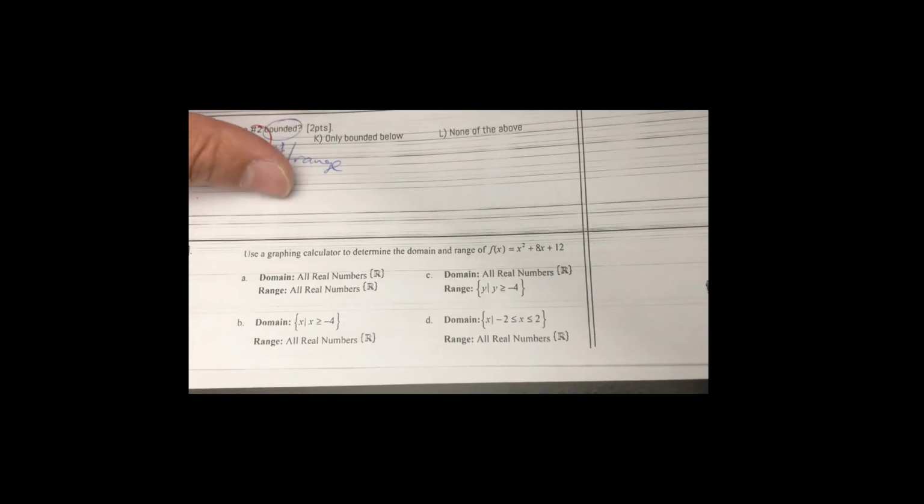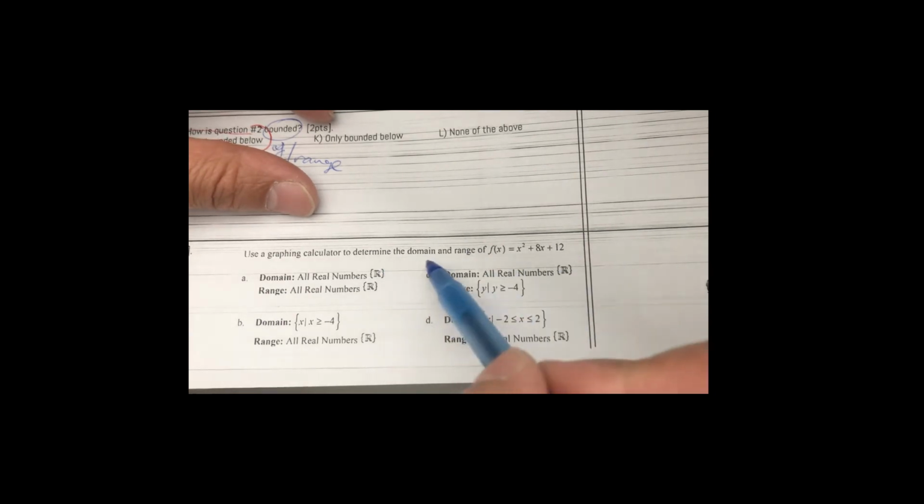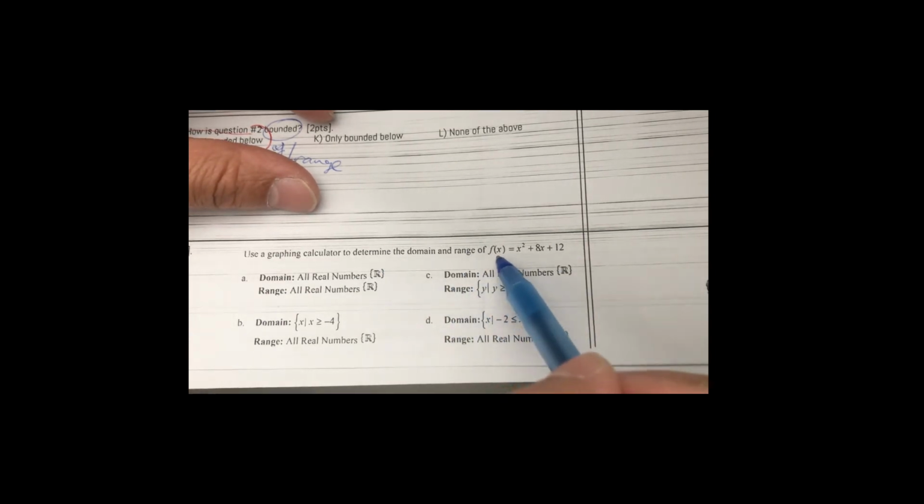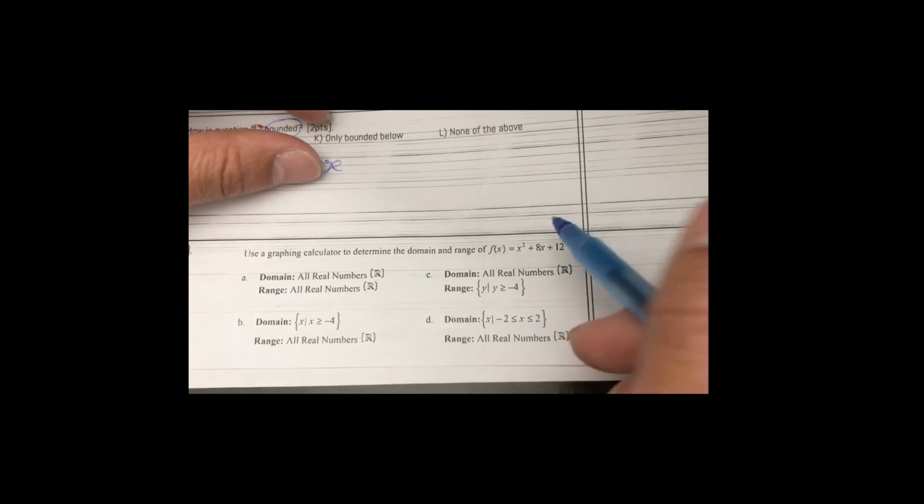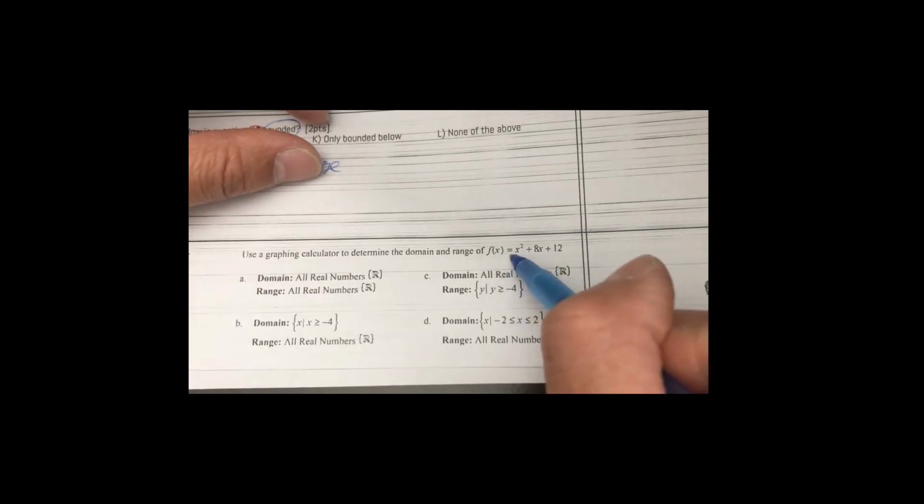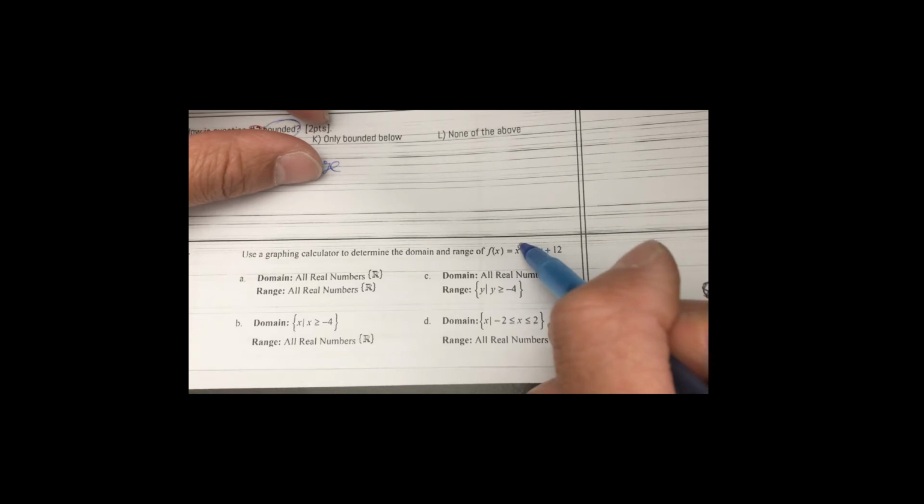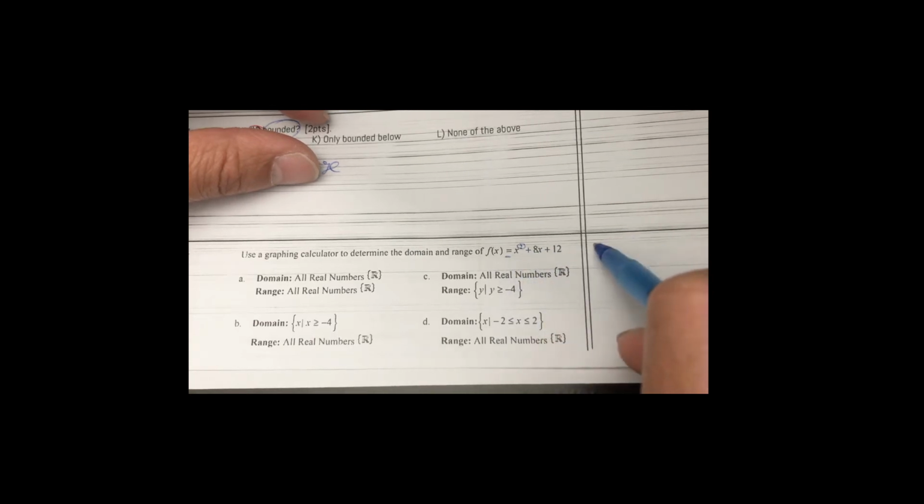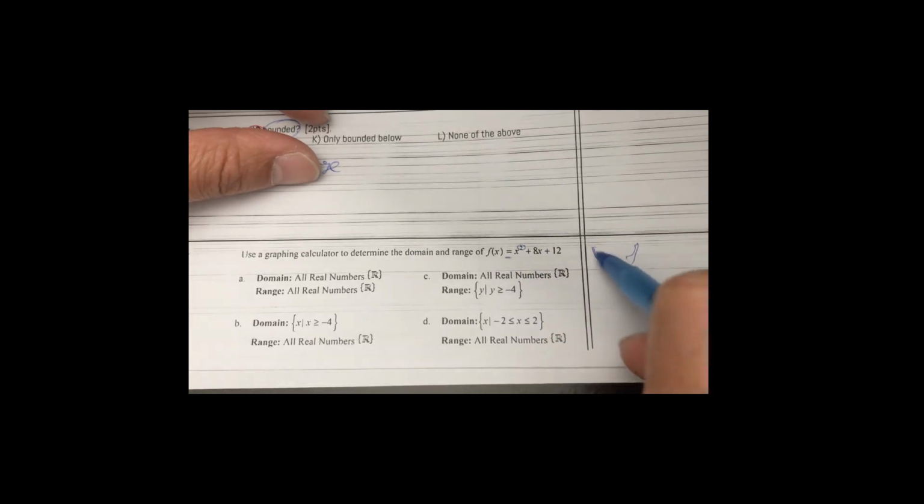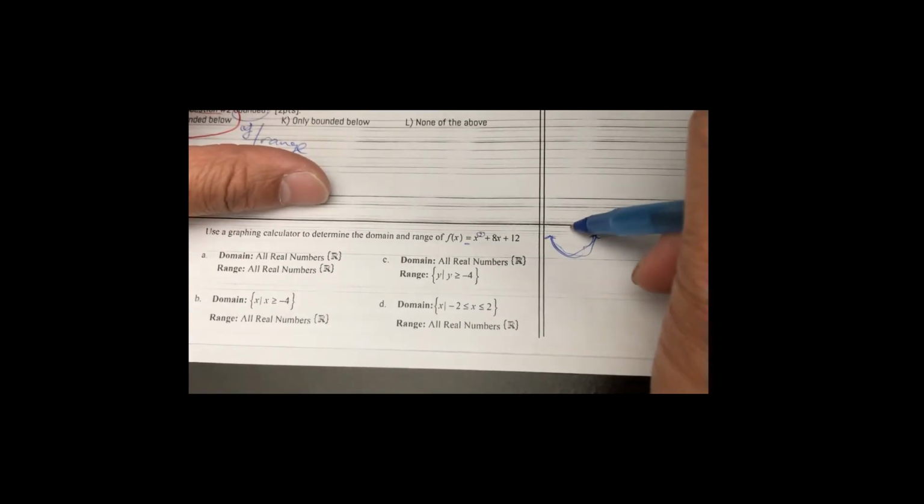Question number 5. Using a graphing calculator, determine the domain and range of f of x equals x squared plus 8x plus 12. So some things you can already gather. This is a quadratic because its power is 2, and the a value is 1, so it's going to be opening up. I'm trying to show you some hints, really you don't even need your calculator. And then positive 12,